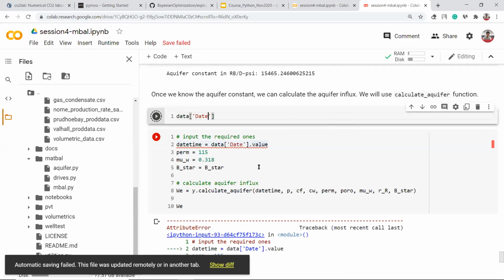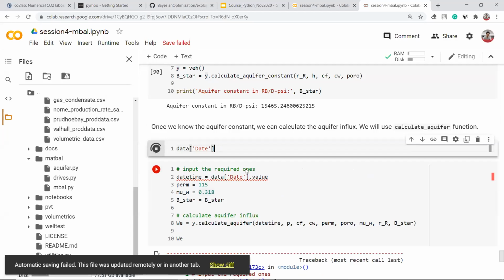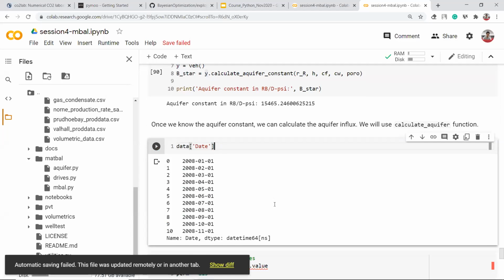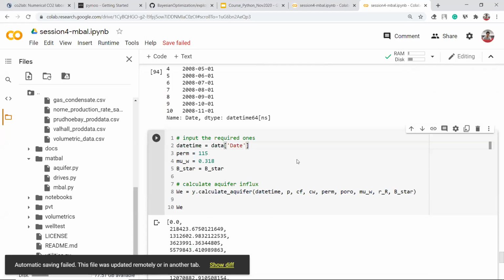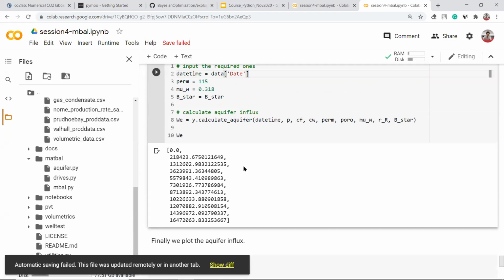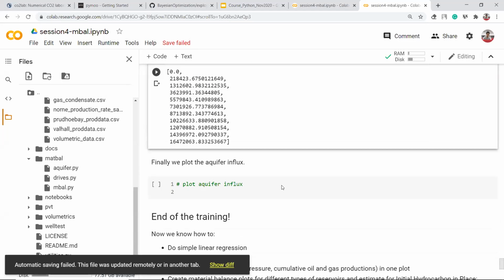Data date has no variable. Okay, so just take, okay. Data date has no variable data date. Okay, this one is our aquifer influx result. Okay, and after this,